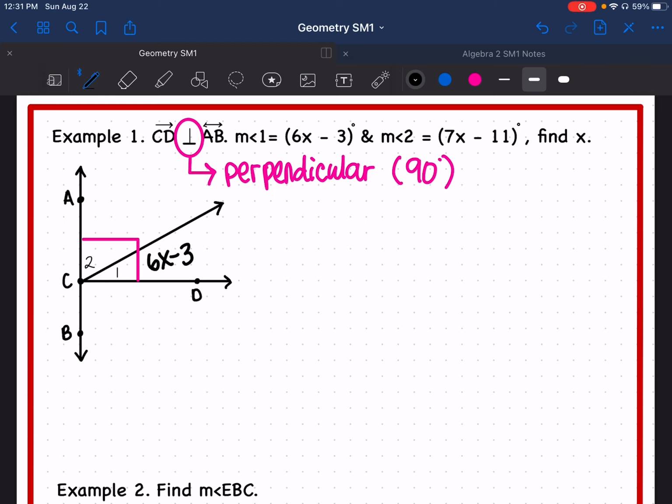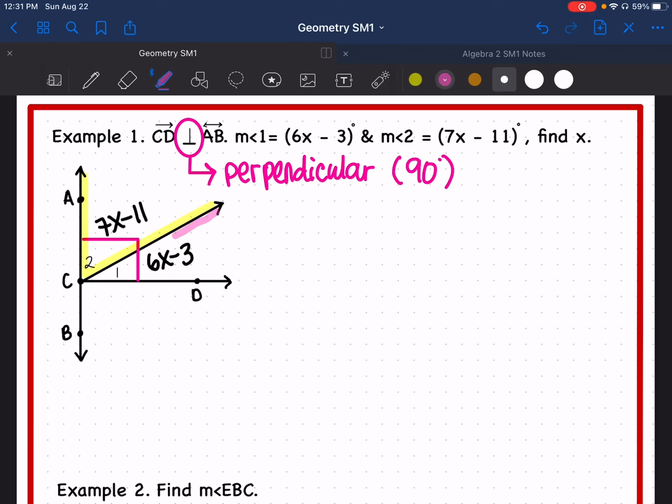That's why the parentheses are there. And the measure of angle 2 is 7x minus 11. Once again, I can drop the parentheses. They're not there to tell me to distribute. Find x. If I go and look, I remember this angle, and it doesn't matter if it's angle 1 or